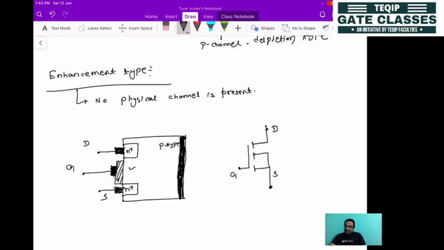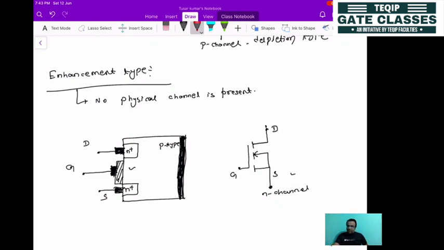This is an N channel. For an N channel, whether it is a depletion type or enhancement type MOSFET, the direction will always be inward. So this is the enhancement type. If you see, this is not a continuous line, this is a discontinuous line, and this arrow will be inward for N channel. So this is nothing but an N channel enhancement type MOSFET. You have to be very clear about the symbols. Generally in power electronics, this N channel enhancement type MOSFET is used. Now let's see